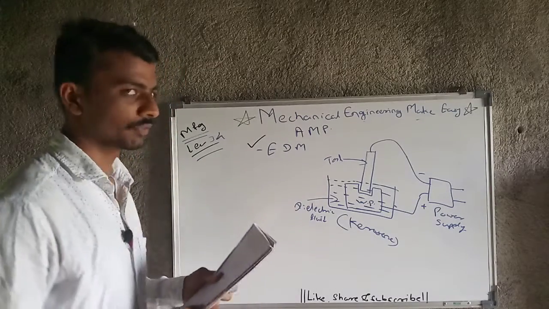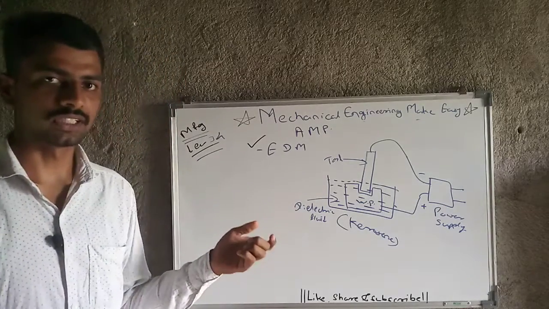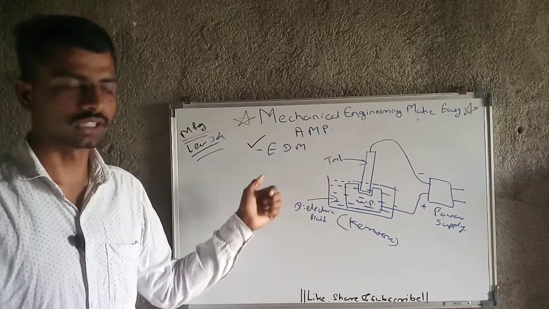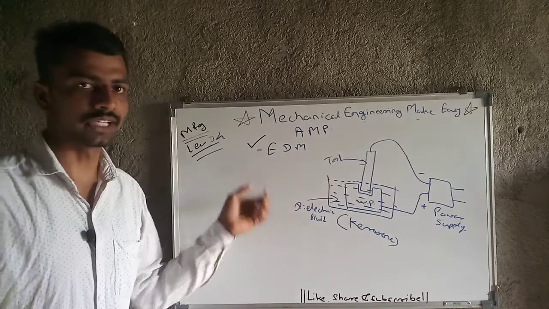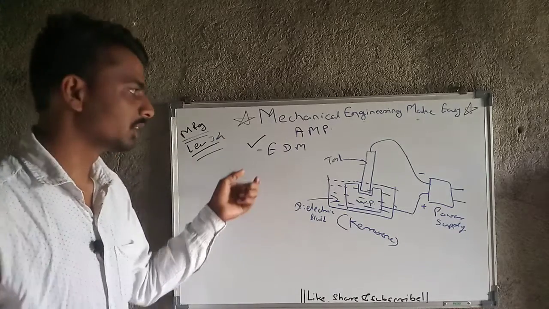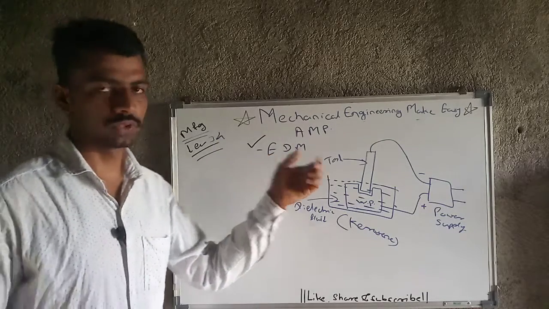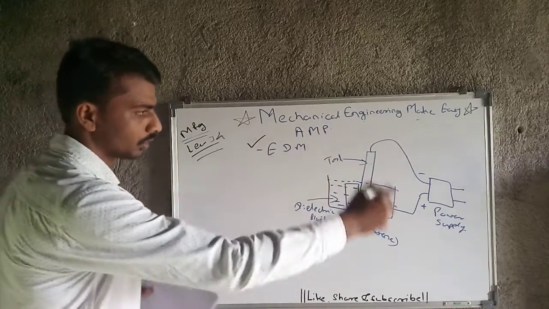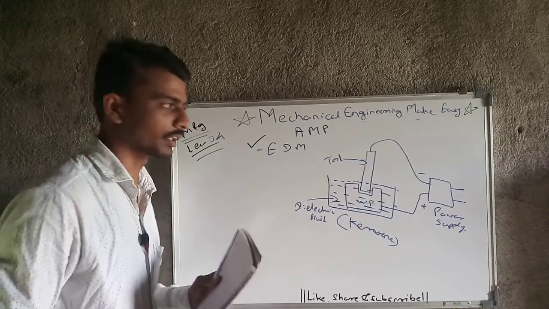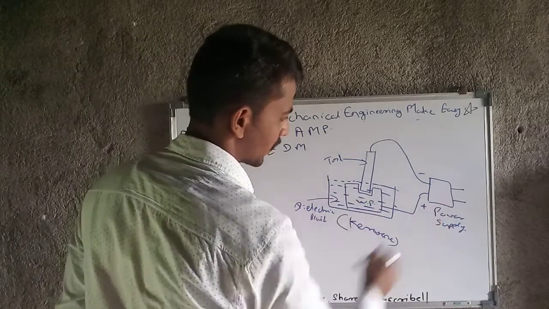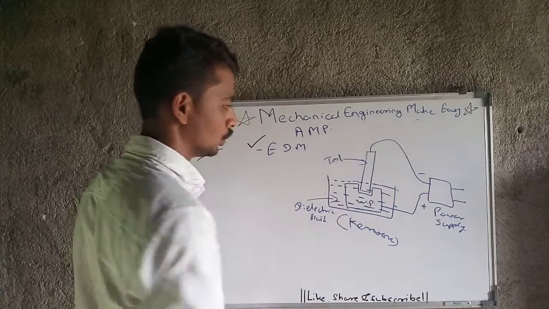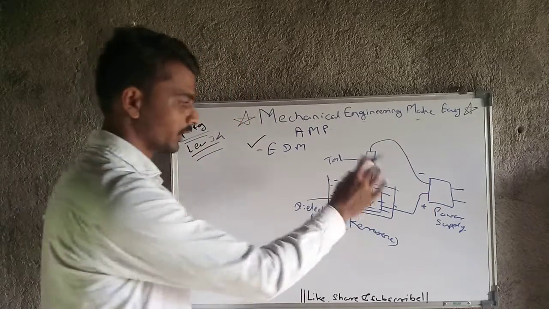In previous lecture we have completed the ultrasonic machining, and in this lecture we are going to complete the electric discharge machining. In the name itself we have to use electric supply here, and with the help of that we will do the machining process. Here I have drawn the figure of that also. From here the power supply is coming, the plus supply is given to workpiece and minus supply is given to tool. Up till now it is clear.